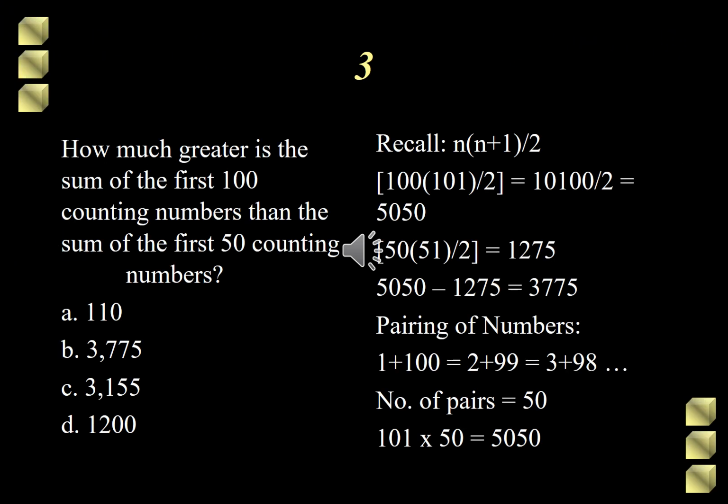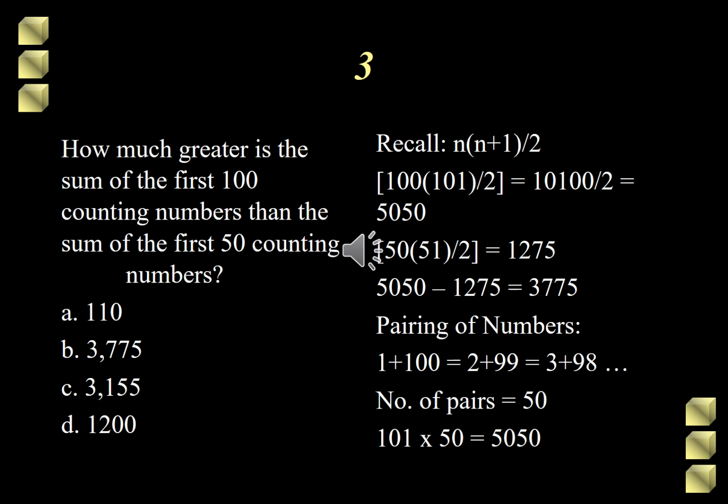Third and last question for this video. It says here, how much greater is the sum of the first 100 counting numbers than the sum of the first 50 counting numbers? The options are A, 110, B, 3,775, C, 3,155, and D, 1,200. Now,